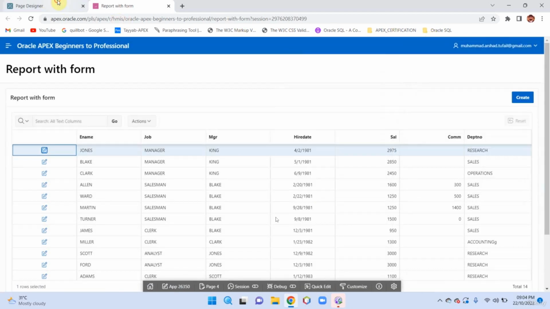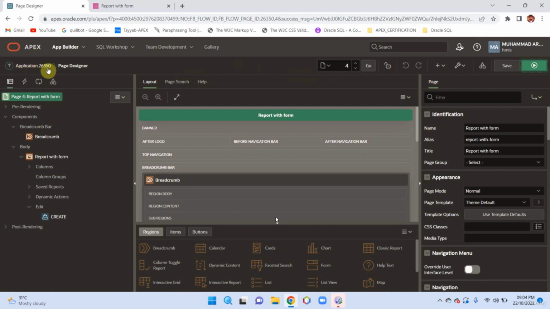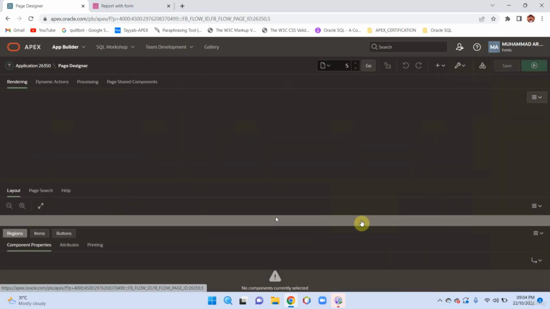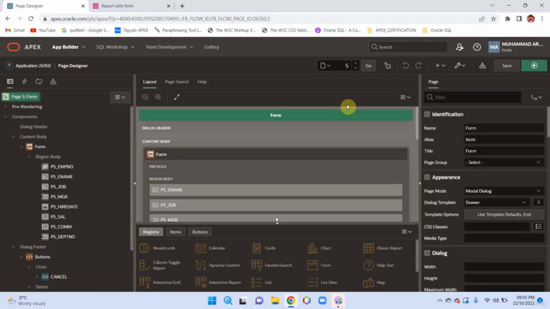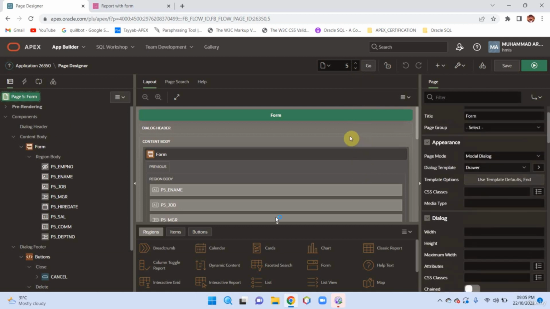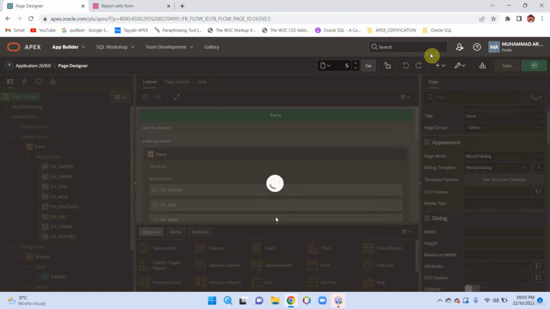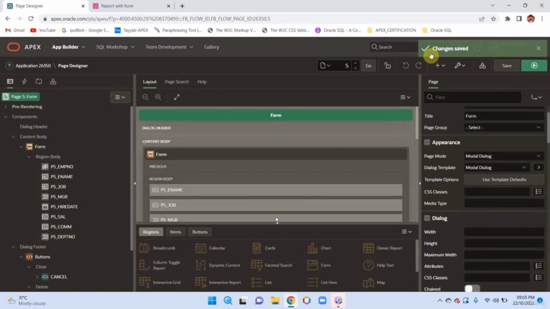So this is a drawer, and this is the other page working as a drawer. So we can change it. Move to your second page, which is the form page. This is our form page. Select the page, go to the properties pane, and here you can see a dialog template. So you can change it to modal dialog and run this page by